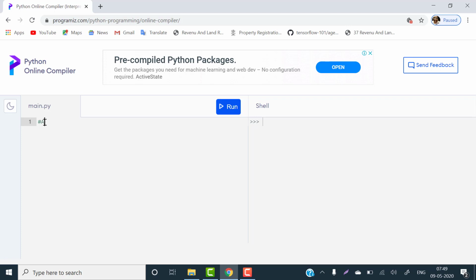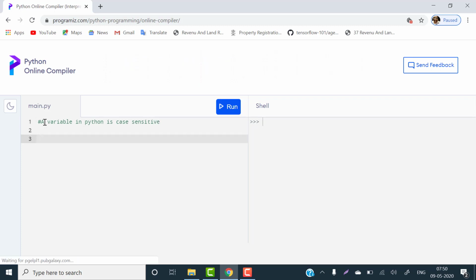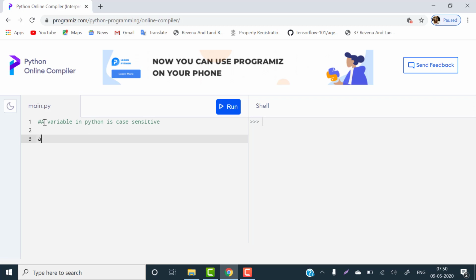We know that a variable in Python is case sensitive. So let's check. If I assign a is equal to 10, it means I'm assigning 10 to the variable named a. Now I will check the location ID of this variable a, that is print id(a).